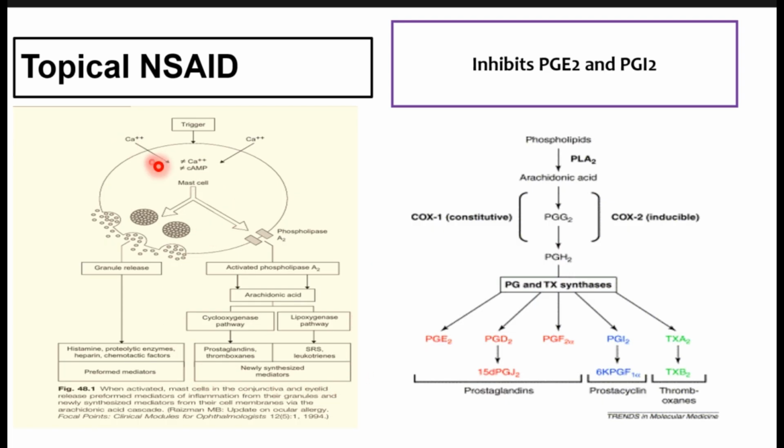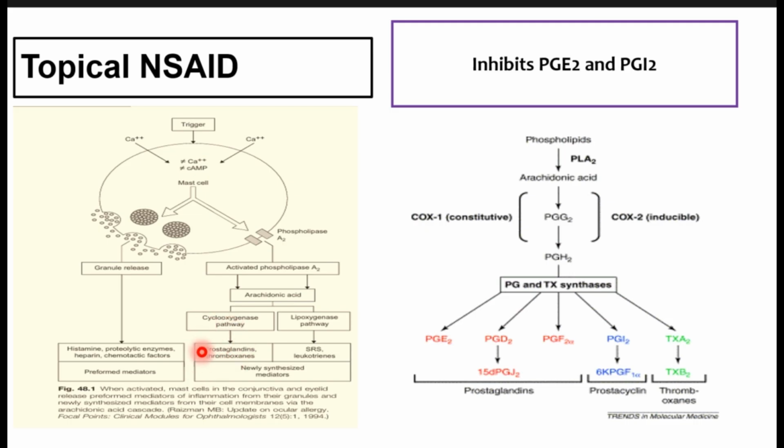So what happens is that here there will be calcium influx, and because of that calcium influx, ultimately there will be activation of phospholipase A2. Now this activated phospholipase A2 is going to act on the arachidonic acid, and this arachidonic acid is now going to enter two pathways. One is the cyclooxygenase pathway and the other one is the lipooxygenase pathway. The lipooxygenase pathway is responsible for production of leukotrienes, and the cyclooxygenase is responsible for production of prostaglandins, prostacyclins, and